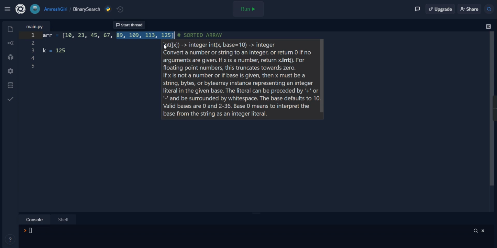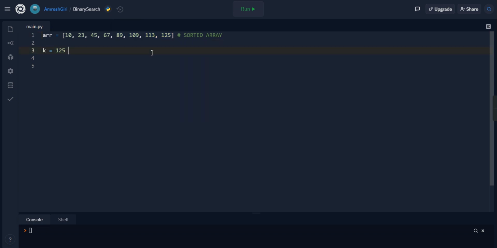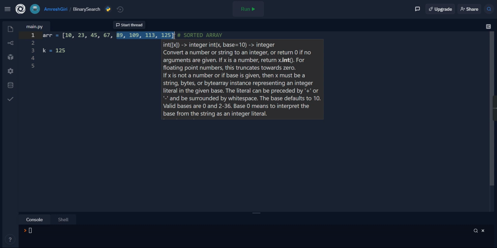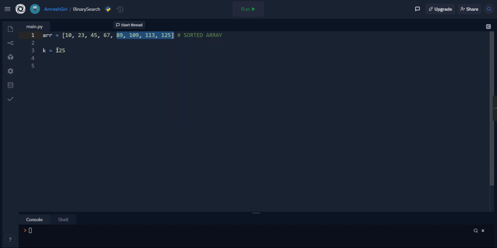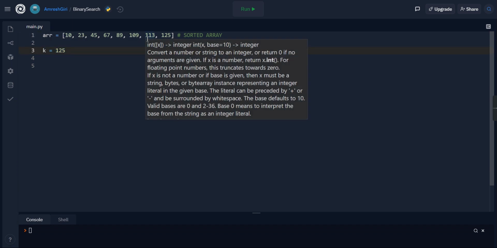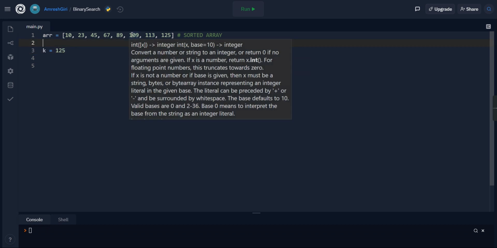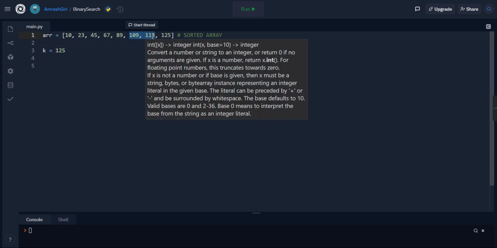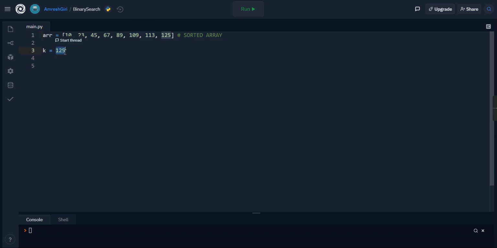And then we keep on repeating this until we find the element that we're looking for, right? Now that we are left with the remaining array, we will check whether the element we are searching for is in the middle or not. Clearly it's not in the middle, right? Even if you take the average and do floor division, the number that is going to come in the middle is going to be less than the element that we are searching for, which is 125.